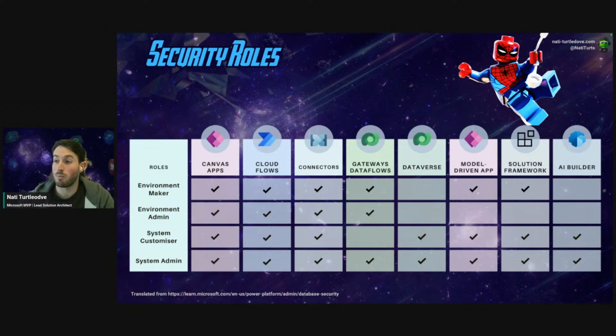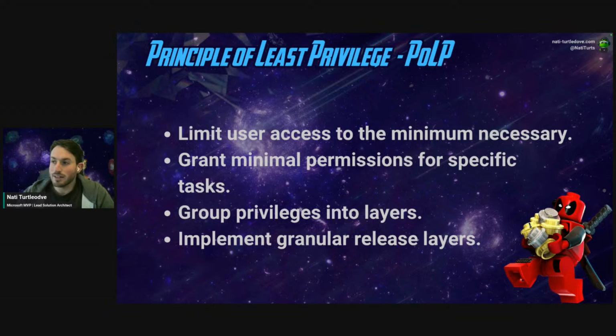And this is not just Power Platform specific. It's whether you're building a security model in any platform, be it SAP, be it Salesforce. It's called the principle of least privilege. The idea of the principle of least privilege is to lock up data as much as you can from the start, so that no one can gain access to it. Once you find the need to grant access to that data, you start creating minimal permission security roles here and there to say, okay, this security role can only access this part of data and that part of data. And you start spreading those roles out as you need to.